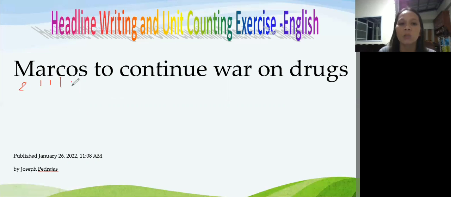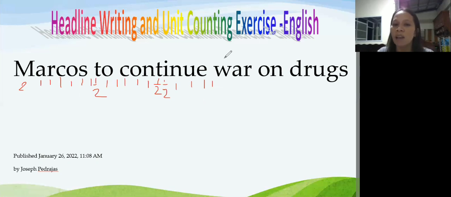All small letters, split J, 1/2 kasi payat siya. All spaces 1. All small letters 1 unit count, except small letters M and W, which have 1 and 1/2 units.